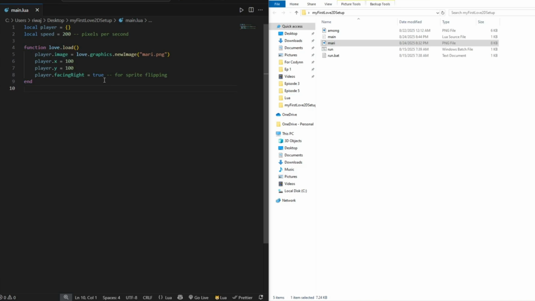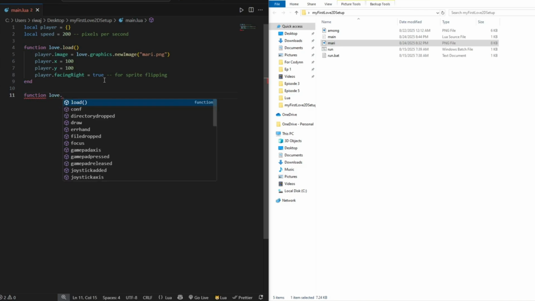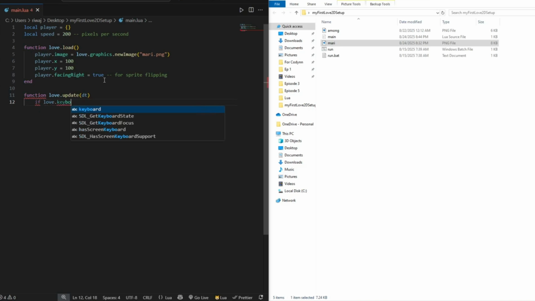Then we will move on to moving our sprite using the arrow keys. For that, we'll have to use the love.update function inside Love2D. This is a function that will run in every frame of the game. So inside the parameters, we'll use dt, that is delta time, and inside it, we'll use love.keyboard.isDown, since movement is continuous and we have to make the character move while we are holding down our key. So we'll use if love.keyboard.isDown, and if our right arrow key is down, then